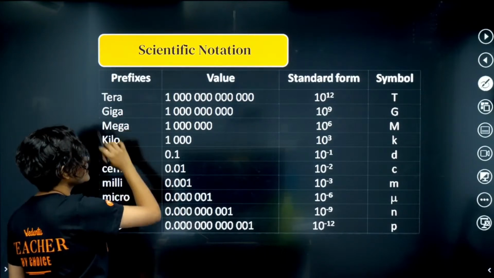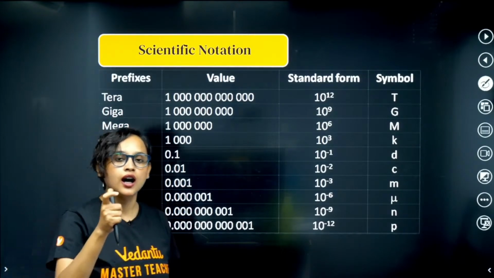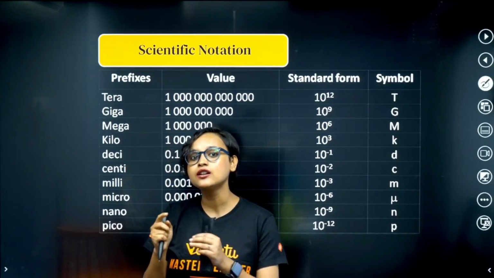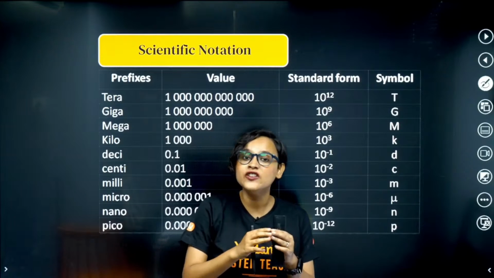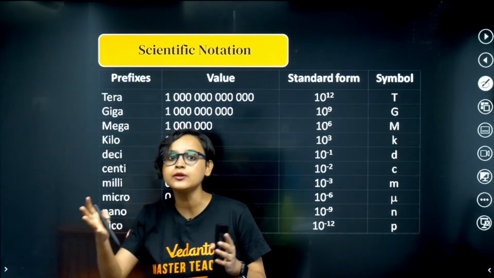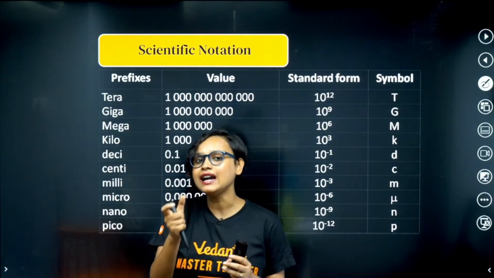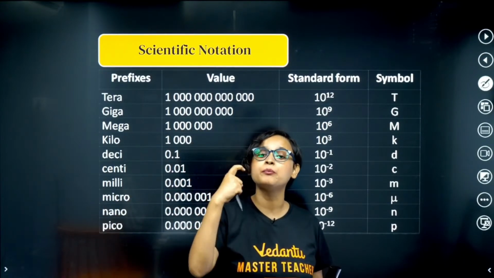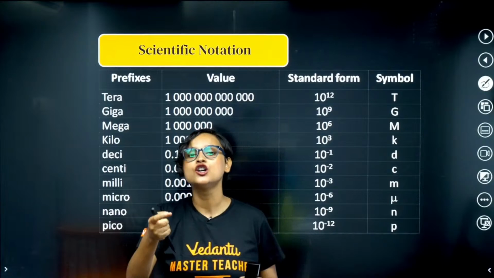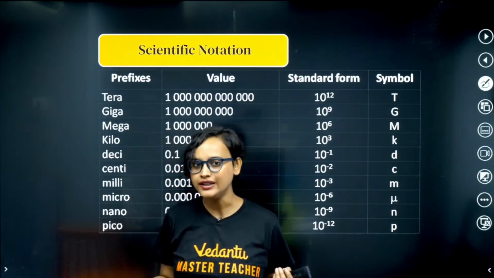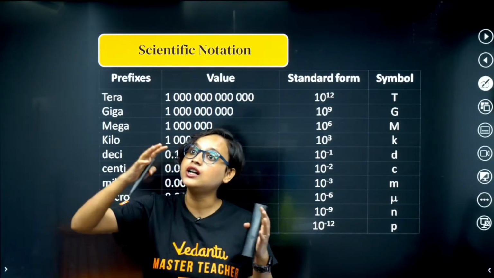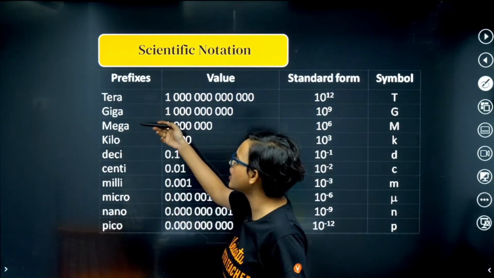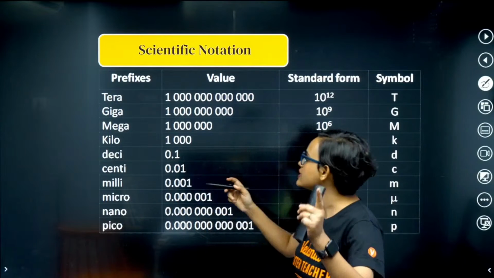Tera. Tera is a prefix. Now, obviously, the fundamental units you saw cannot always be used because we might need a bigger unit, we might need a smaller unit. So, at that time, scientific notation allows us to use the prefixes to make our life easier. Yes. Now, if we need a bigger unit than kilo, what will we do? We will use the tera, giga, mega. Okay. Now see, take a look at it.